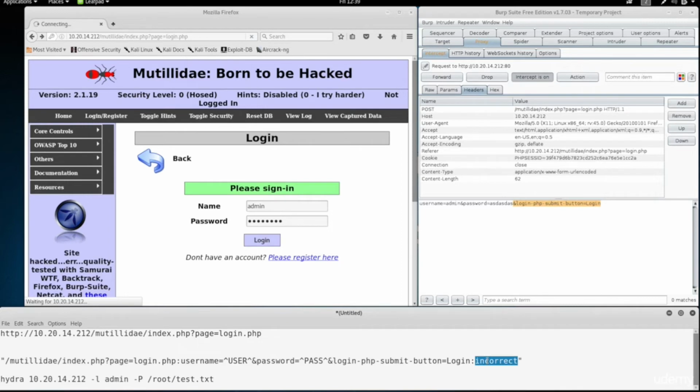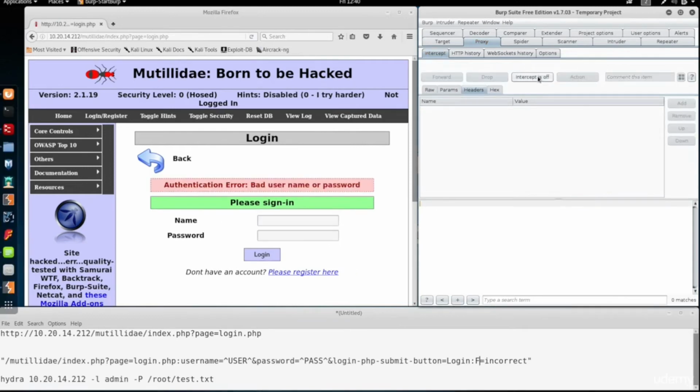And this part is the way that Hydra is going to know whether the login is successful or unsuccessful. So the way this is going to work is you either give it a capital F equals to the unsuccessful, so it equals to the failed attempts, or you can give it a capital S and you tell it what happens when a successful login happens. So in my case, I'm going to give it a capital F to tell it what happens when a failed login happens. And I'm just going to turn off the interceptor now, and we can see that we have a